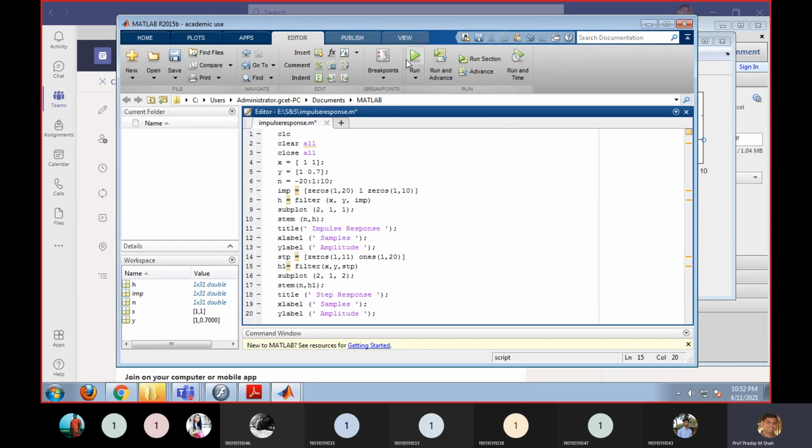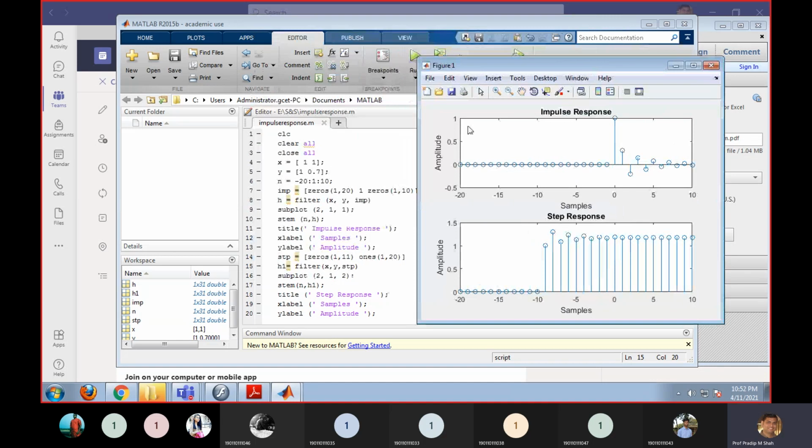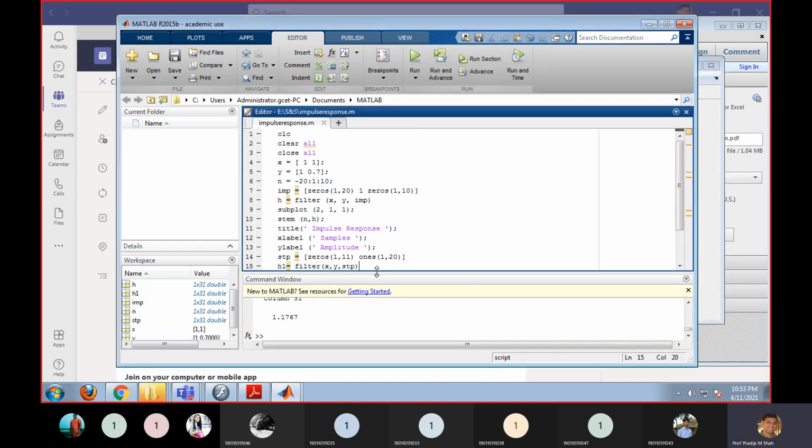Again I am going to run this. Now you can see both the responses, impulse as well as step. If you want to see the values on the command prompt, what do you need to do?